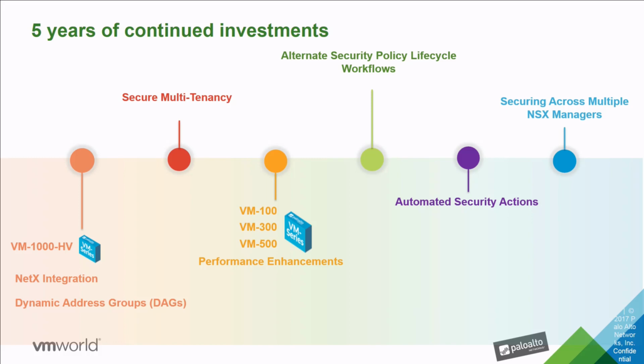We have done significant performance enhancements, and we'll do a deep dive on those. We will actually show you a demo of these performance enhancements. And then I'll touch upon three cool new features which have been introduced since then, and that is,